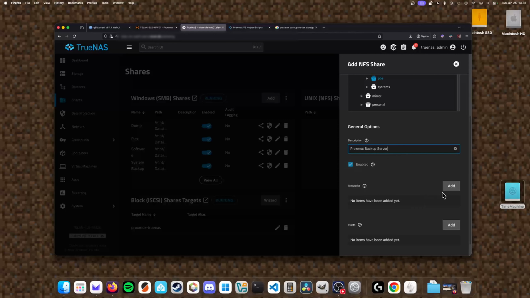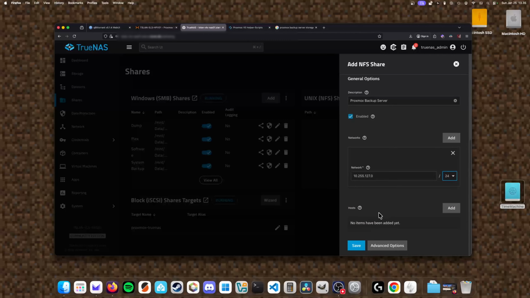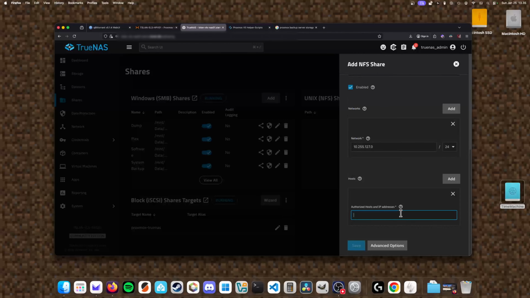Make sure it's enabled. Then on the networks we can add my 10.255.127.0. We'll just do /24. So under hosts we can specify which clients are allowed to connect to this NFS share. So obviously this entire network, but then specifically the host that would be